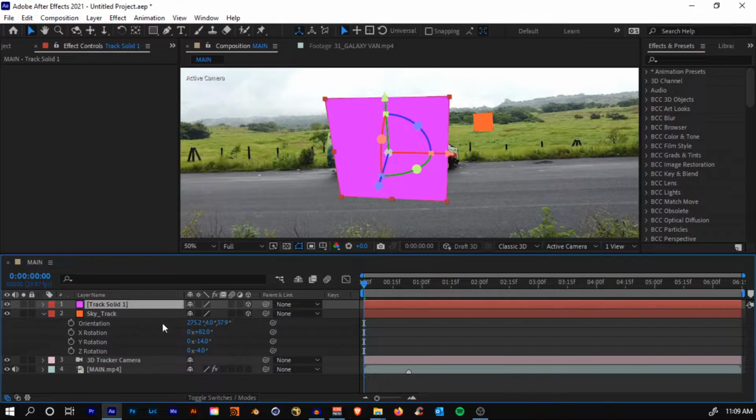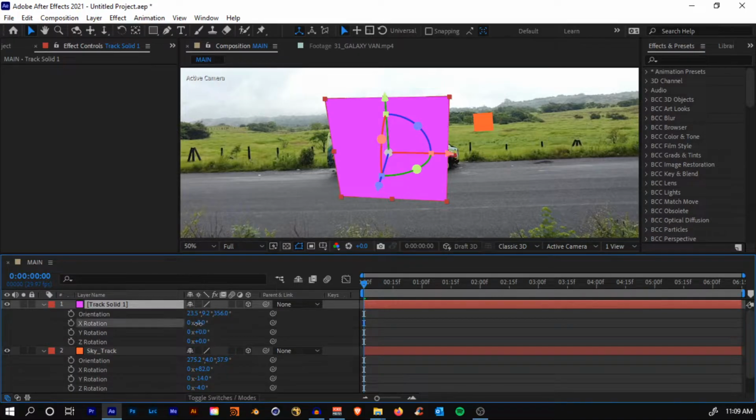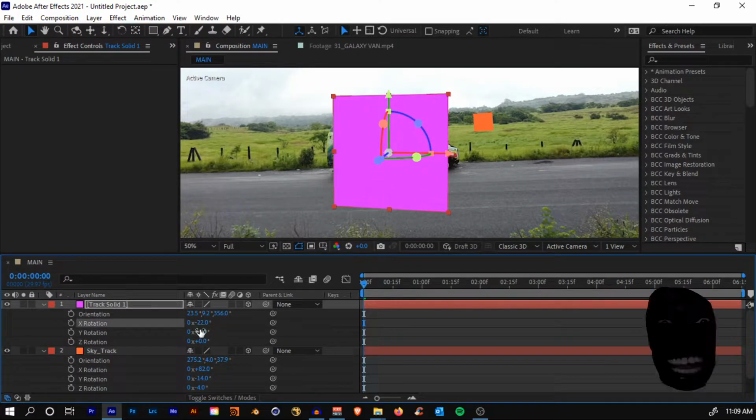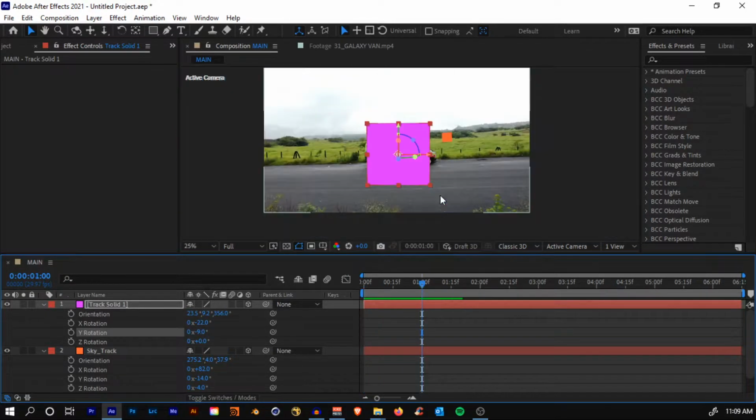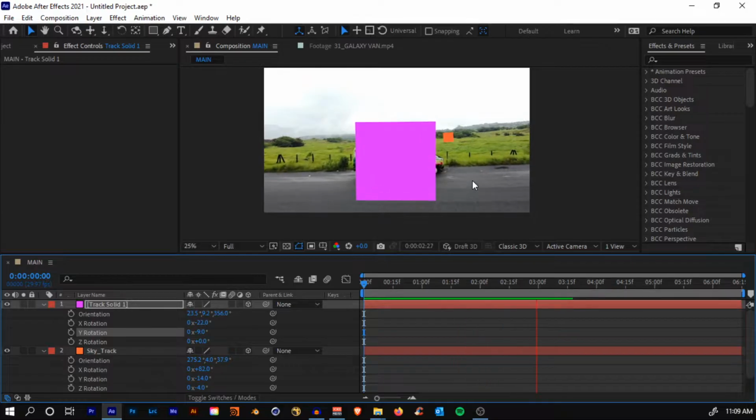So hit R on your keyboard, you'll get the rotation properties, and just align it like that. If you play back, you'll see that this solid is basically tracked to the bus.